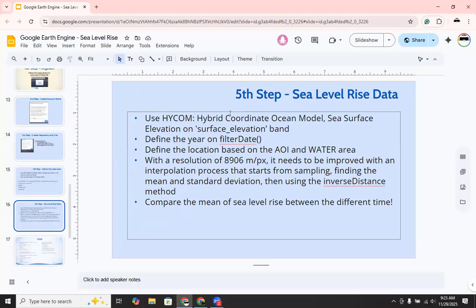And then after we define the water area, we can use the sea level rise data. Based on the sea surface elevation, you can use the Hybrid Coordinate Ocean Model, sea surface elevation.